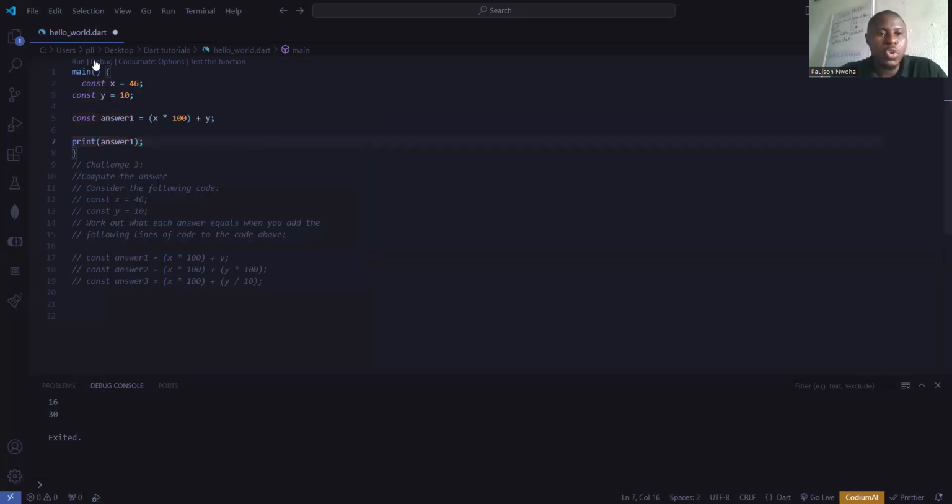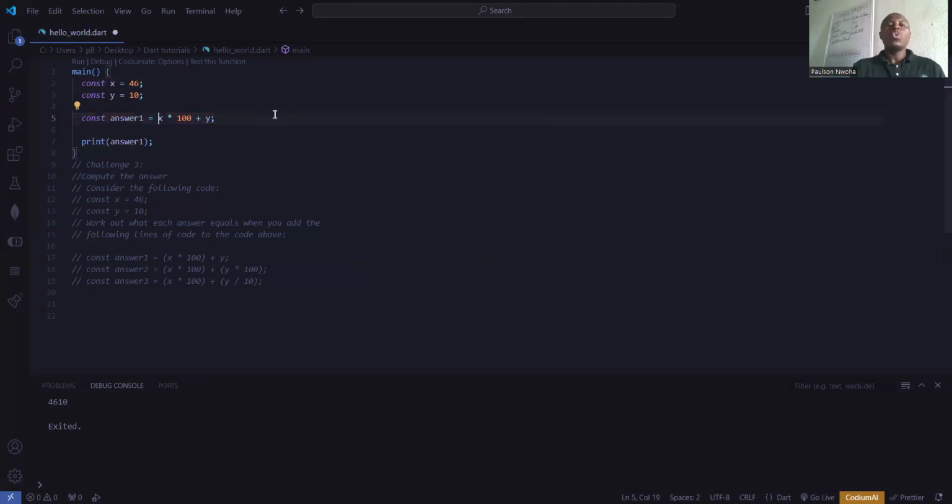Now, if I run this code, we are going to get 46 times 100, which would be 4,600, plus 10, which should be 4,610. So if I run this now, we will get 4,610. What they are trying to make us understand here is operator precedence. Now, if I remove these brackets,